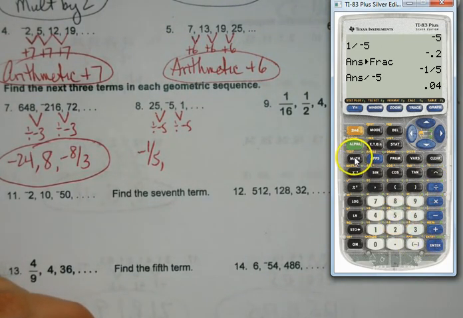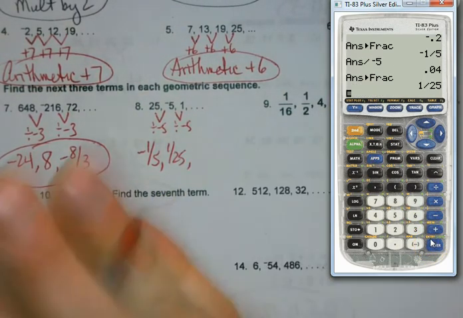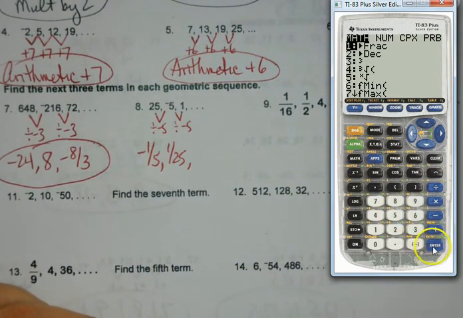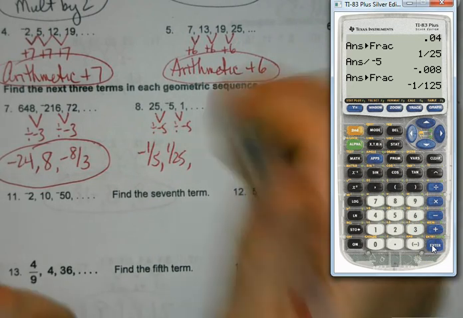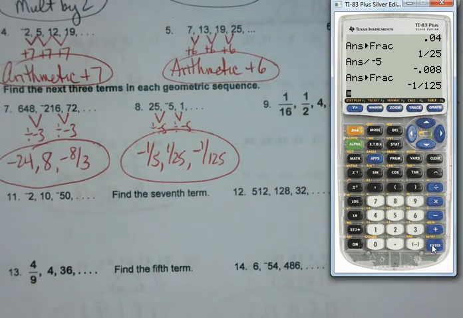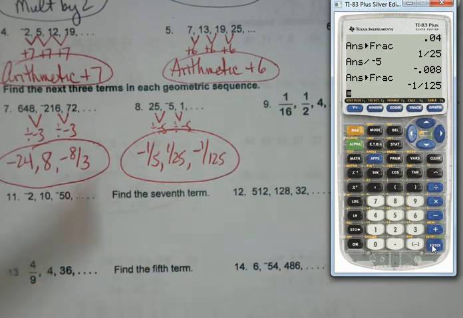-5. Again, I don't like the decimal. 1/25. One last time. Really don't like the decimal, I like the fraction much better. And I get my next term. And it even works with fractions. I'm just going to get you set on number 9,